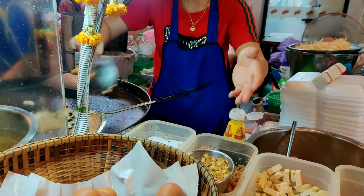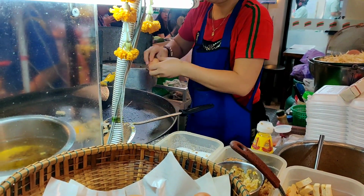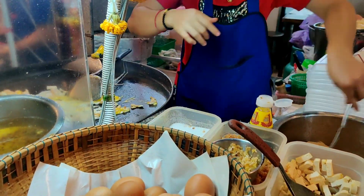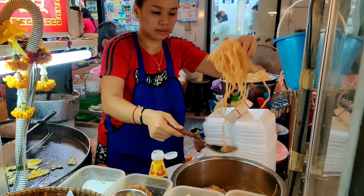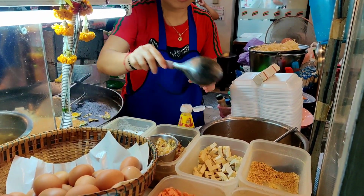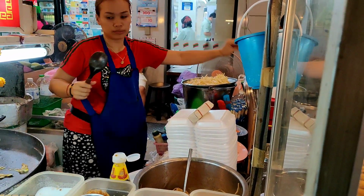This is adding some tofu, some ginger, garlic, 2 eggs. So she put sugar in it. So these are the Thai noodles over here. She'll add Thai noodles, then they'll put a lot of those